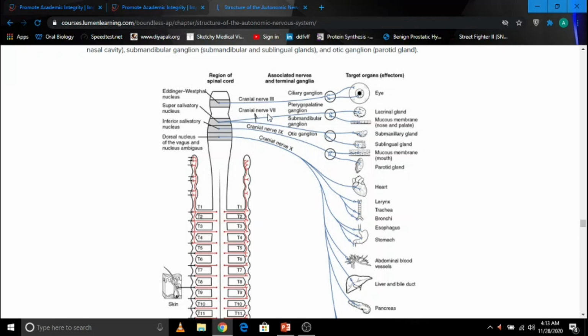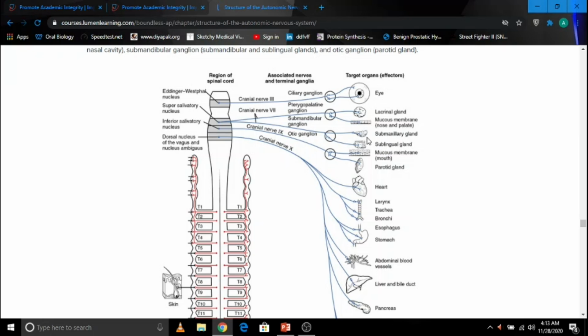Similarly, cranial nerve 7, which comes out from the superior salivatory nucleus, forms synapses at two ganglia. One is known as the pterygopalatine ganglion, which innervates the lacrimal gland and the mucous membranes of the nose and the palate. And cranial nerve 7 also forms a synapse in another ganglion, the submandibular ganglion, from where the postganglionic neurons innervate the submandibular gland and the sublingual gland, which are responsible for